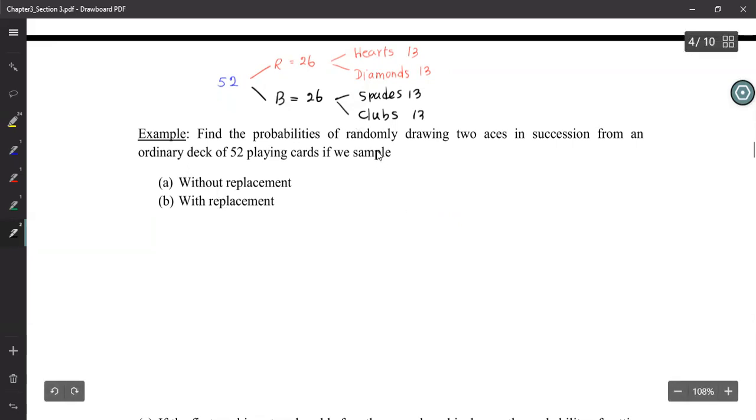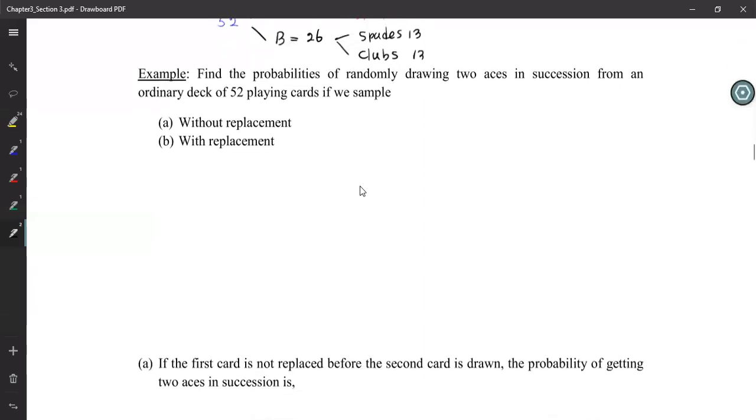Let's find the probabilities later. First, let's look at this scenario. We are drawing two aces in succession from an ordinary deck of 52 playing cards, and let's see what the probability of getting two aces is. Now I'm going to do the A first. Look at this diagram carefully. This is another way to understand these types of questions. This is called a tree diagram. Hopefully you have learned these diagrams earlier in mathematics somewhere, right? First, let's do the without replacement. So what are we looking at? We are going to pick two cards randomly.